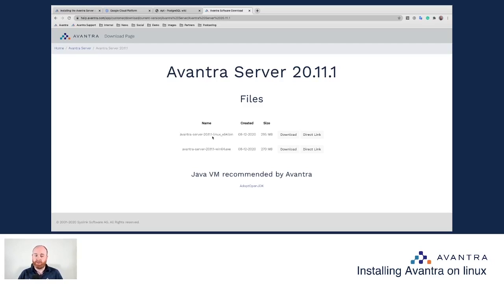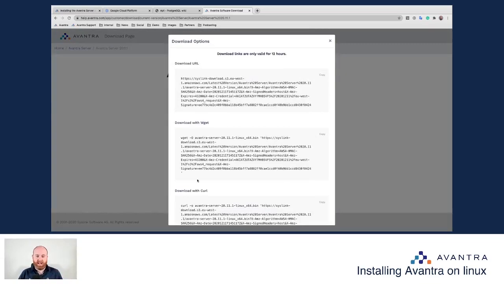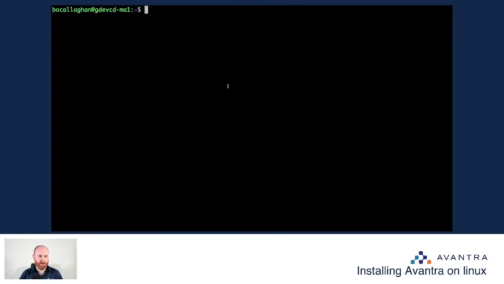And I get two options. I get the Linux option and the Windows option. So I'm going to go for Linux, and I'm going to use the direct link button. Now this is useful if you're installing it within a network. You don't necessarily want to download it to your laptop and re-upload it. You can just get a curl command, like what I'm going to use here, copy it, bring it over here,